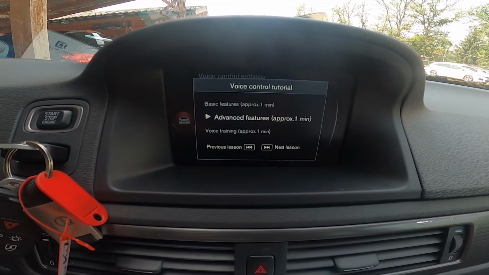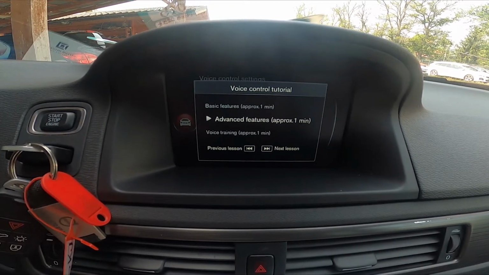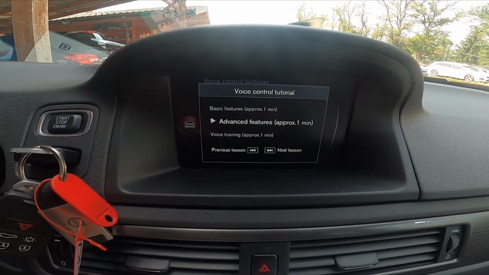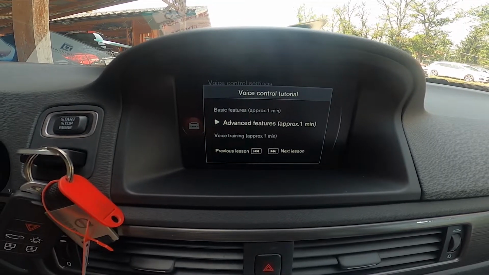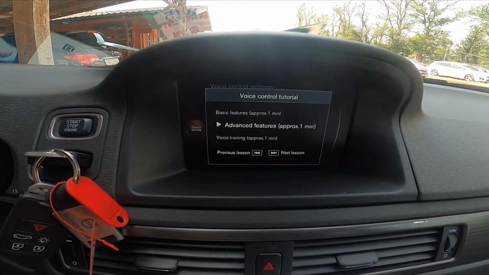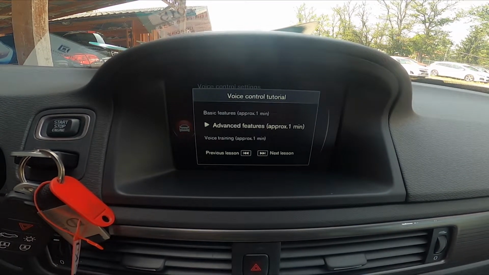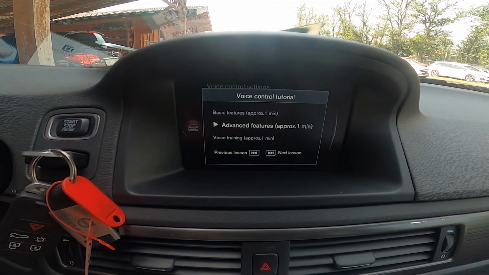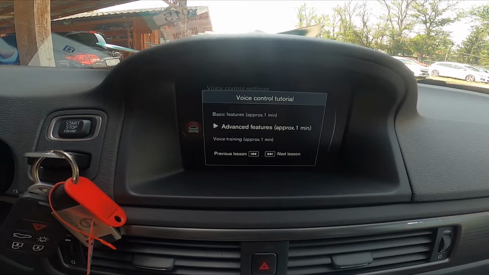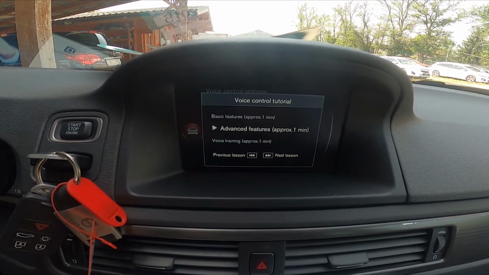Once you're familiar with using the system, there are several features that will speed up your interactions. Briefly pressing the voice button while the system is talking will allow you to interrupt the dialogue and say the next command after the tone. For a more effective dialogue, you can say combinations of voice commands, for example, search for artist, a list of